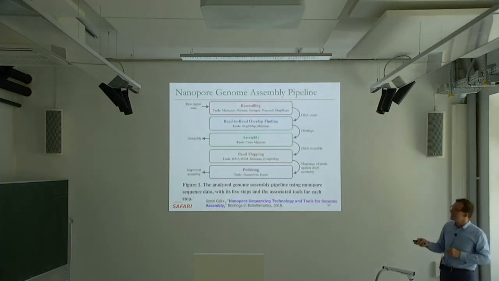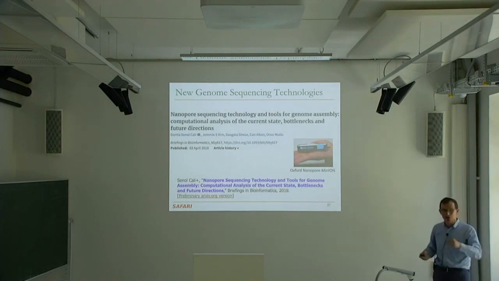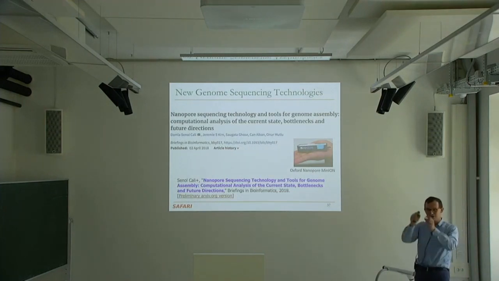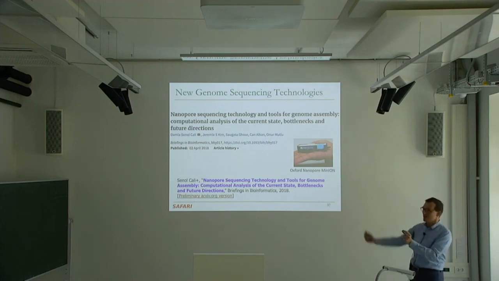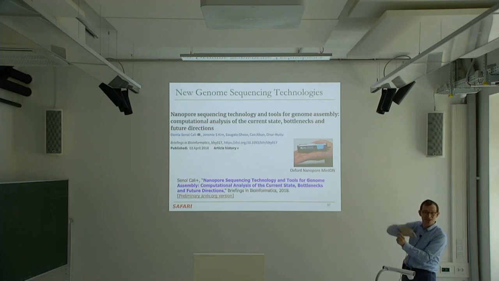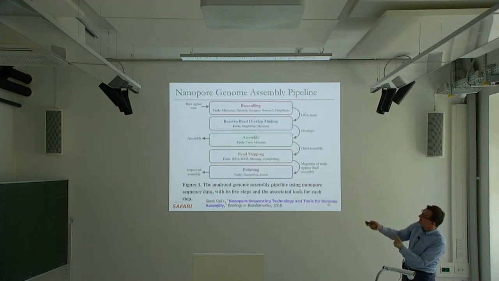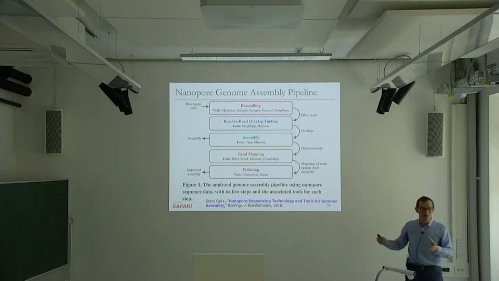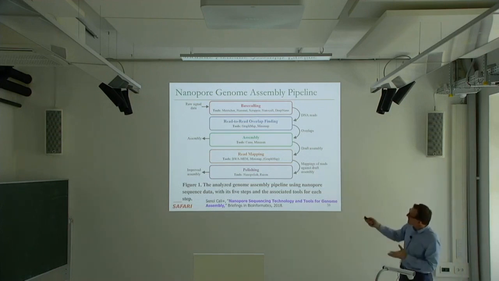And this is the pipeline that I mentioned. Once you get data from this device, what you get is raw signals. Signals are current measurements. So this works using something called nanopore sequencing. Essentially, a nanopore is a nanoscale hole. What these devices do is they pass the DNA through this nanoscale hole. And while the DNA is passing through that hole, it has different currents based on the different bases that are passing. And the device basically measures that current, and it gives you these current measurements. And the first step is basically mapping those current measurements to ACTGs. And even that's not easy. It's called base calling. And there are many, many tools.